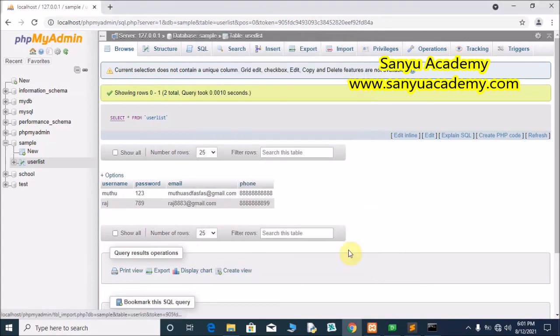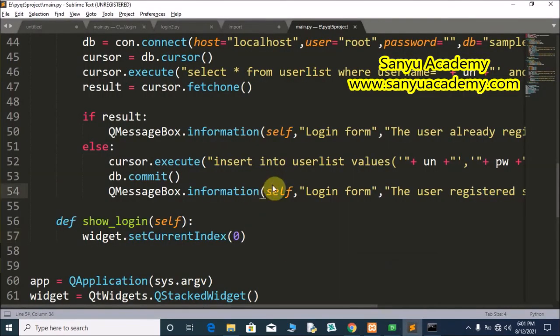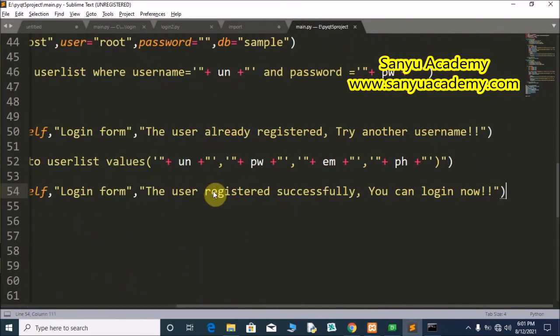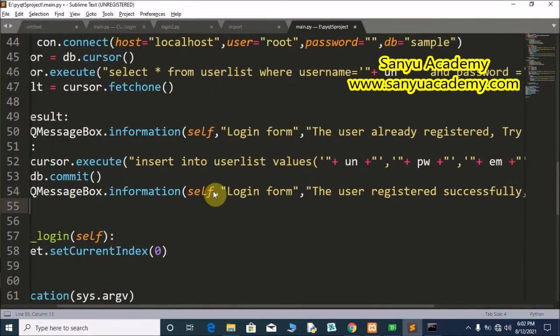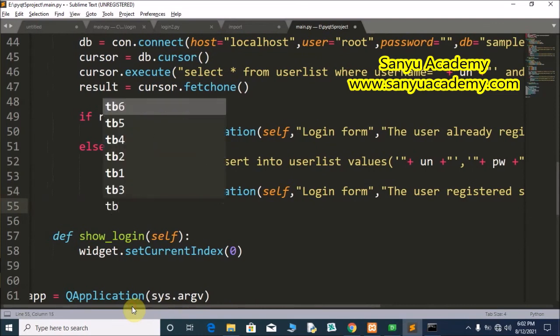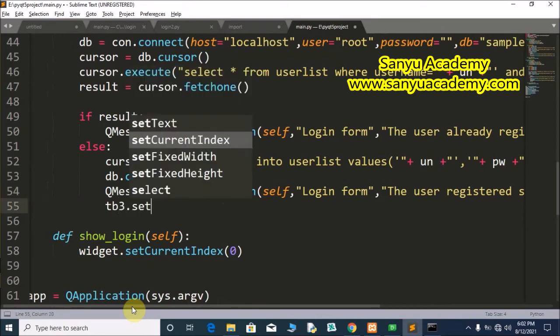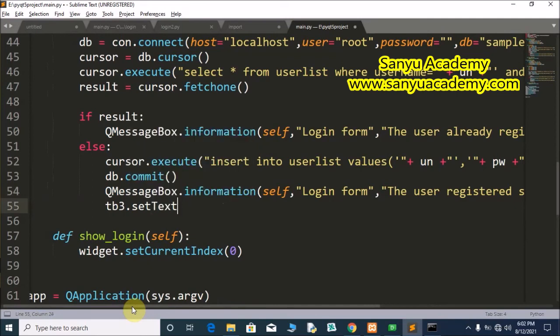Close the form. Go to the Sublime Text Editor. The user registered successfully. After this, we have to clear the form. TB3 dot set text, empty, two empty double quotes, self.